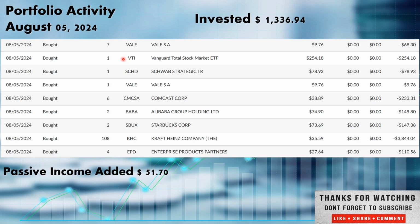Now, the first new capital added, we did most of our buying on Monday. Big drop on Monday, and we took advantage of that drop. We added $1,336.94. With those funds, we picked up actually 8 shares of Valet. I don't know why they split it up here, but there's 7 plus 1 here, so 8 shares total. Same cost per share, $9.76. Again, I don't know why they split it up like that, but 8 shares of Valet, ticker VALE, out of